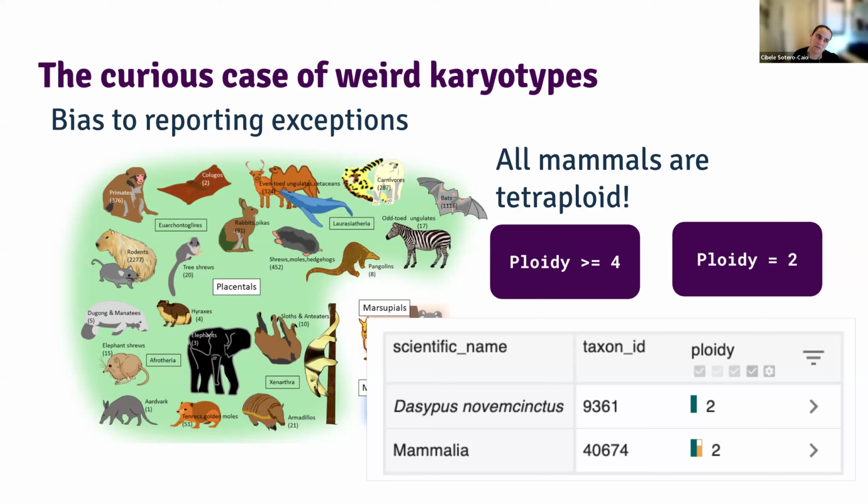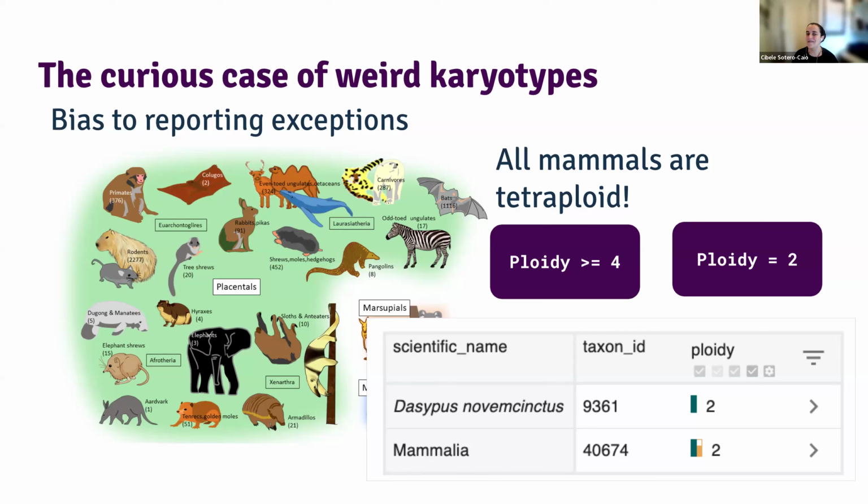Four minutes, maybe. I want to tell you about the curious case of the weird karyotypes of mammals. GOAT, a while back, even before the first archive that we have, was reporting all mammals with a ploidy of 4. So tetraploid mammals, because none of the chromosome databases were reporting diploid.